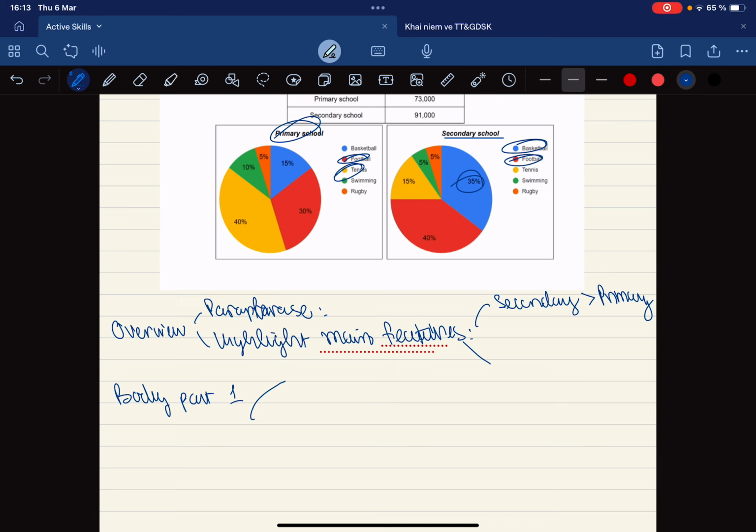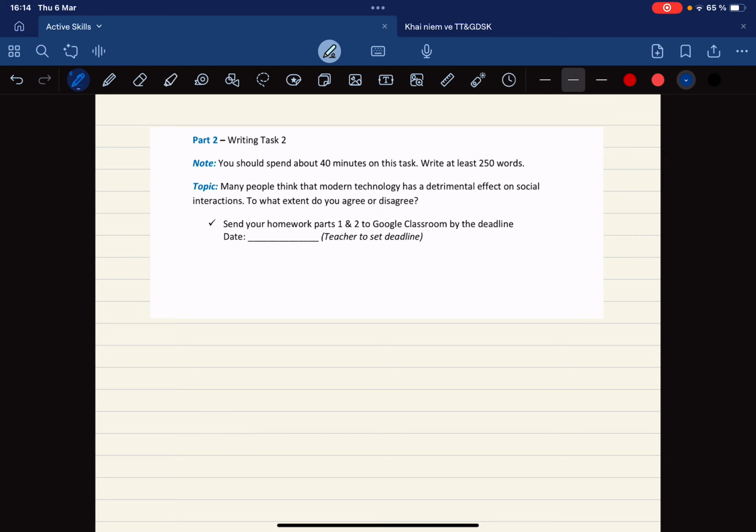And moving to part 2, the topic is many people think that modern technology has a detrimental effect on social interactions. To what extent do you agree or disagree? This is an agree or disagree type of test too. So of course you will need an opening for your essay.